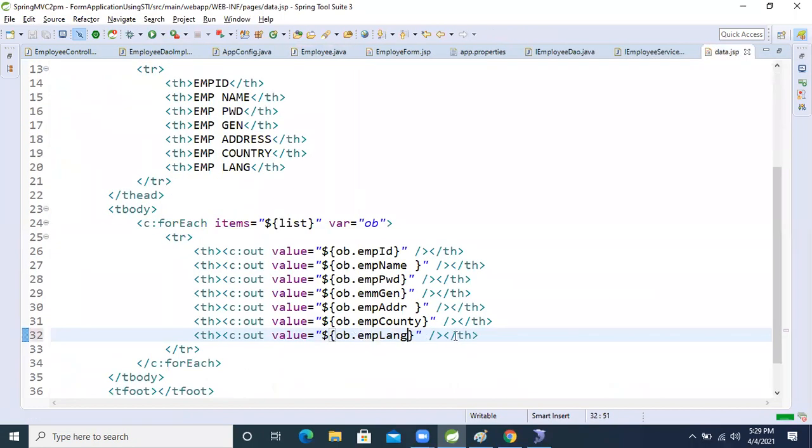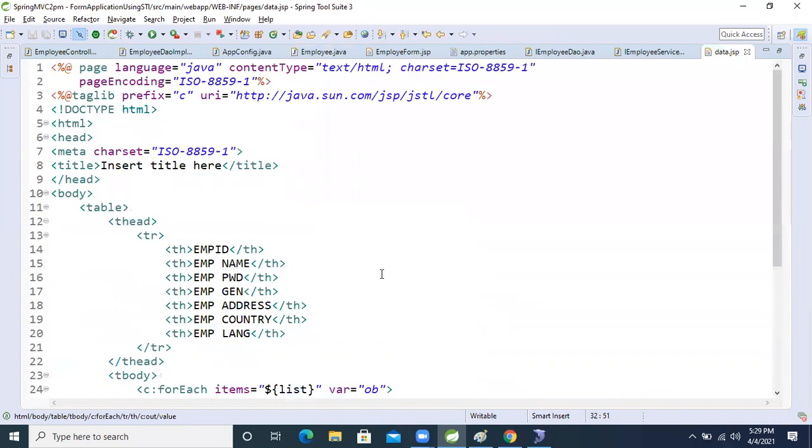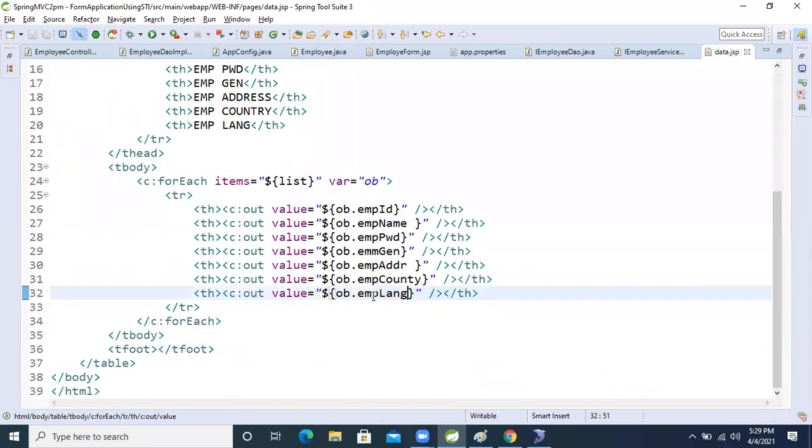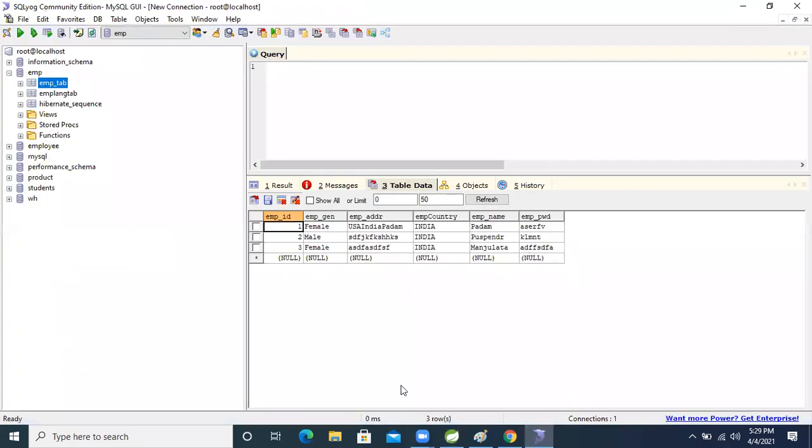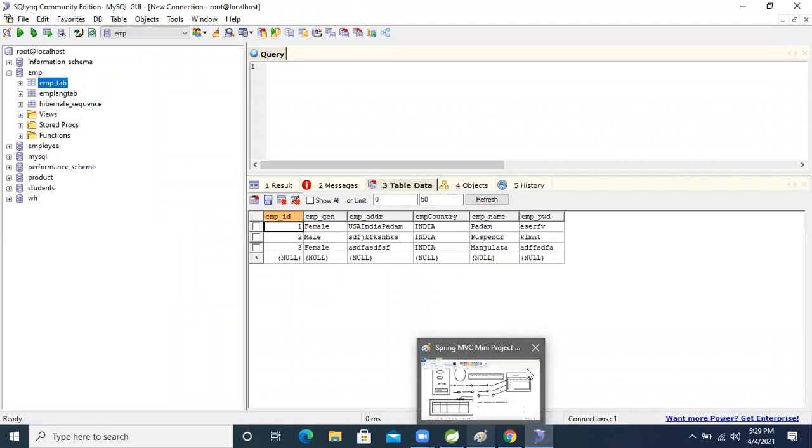So the things are completed, guys. Let's run the application and we will see that. Now let's run the application and we will see the same things, our database data on the JSP page. Now on the JSP page we will see that. Okay, now shall we